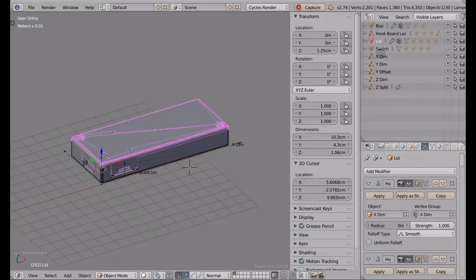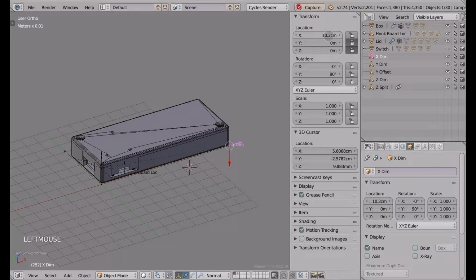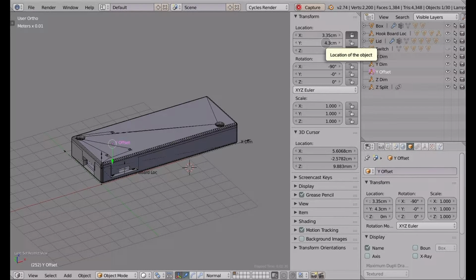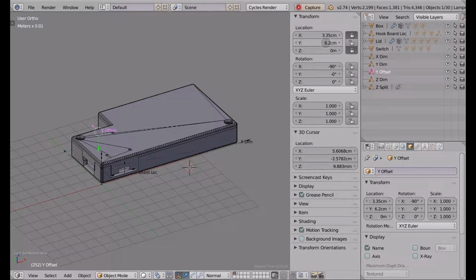Now we're going to go to the X dimension hook. We click on it, go to the X value, and change that to 110 millimeters. That's the proper length for the LiIon batteries. Next we go down to the Y offset. Click on it to select it. Click on the Y value, change that to 62. And there we go. Now we're going to click on the Z dimension. That's the height. Click on the Z value, change that to 23 millimeters,